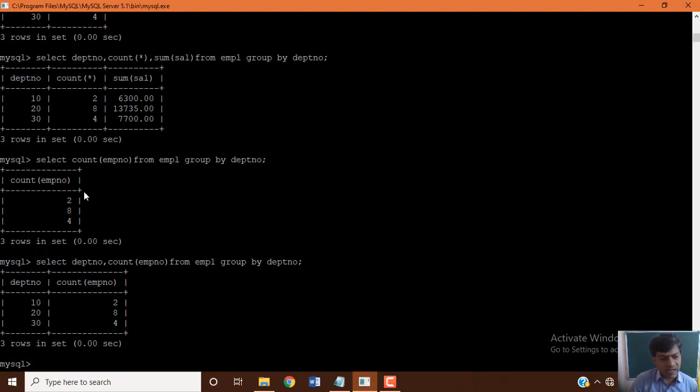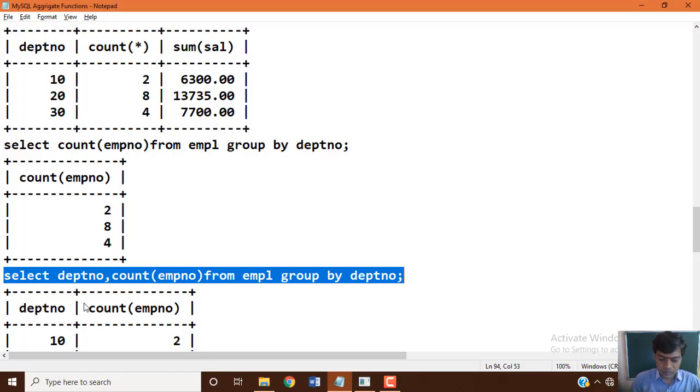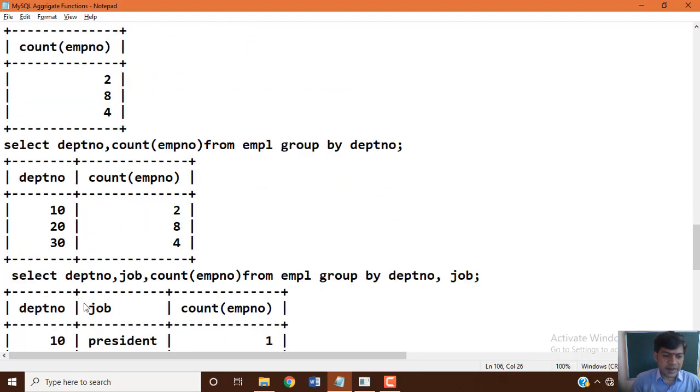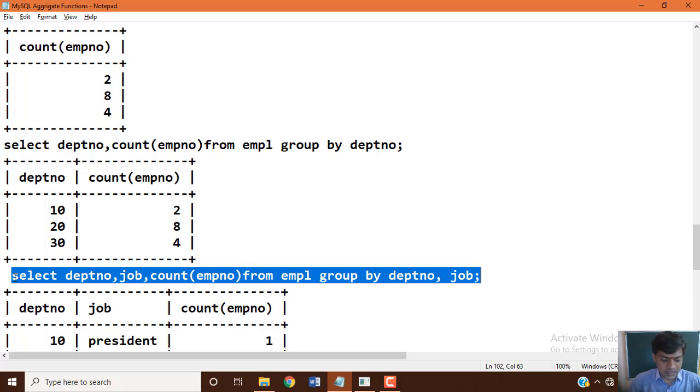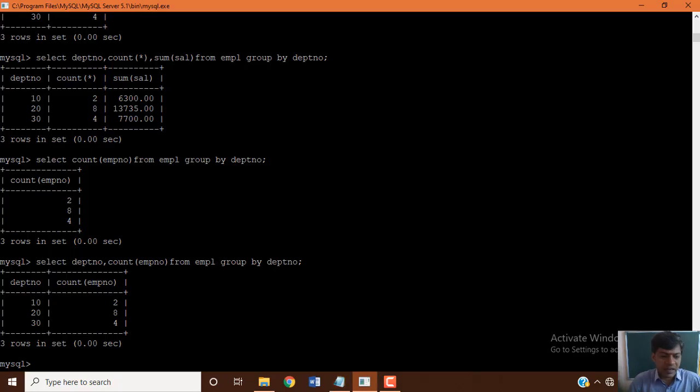See, when you look at this query and this query, there is a big difference in understanding the result. When you look at it clearly, that's why when you practice and work with the concept, then you'll be able to understand how you can write a query to get the result according to your requirement.